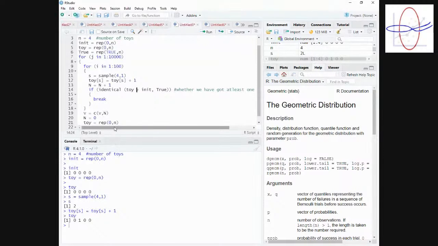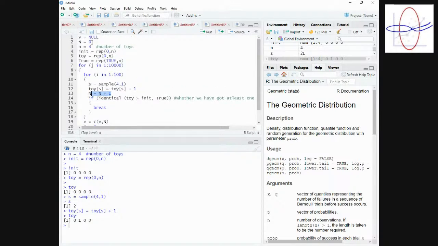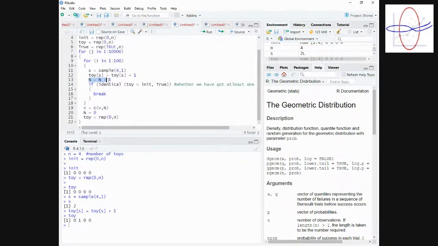Okay. So what is n equal to n plus 1? It is calculating the number of steps required. N equal to 0 means the number of steps required to get to the first time this condition holds, whether we have got at least one toy of each type or not. I'm sure within 100 we will get it. So I'm taking a sample,